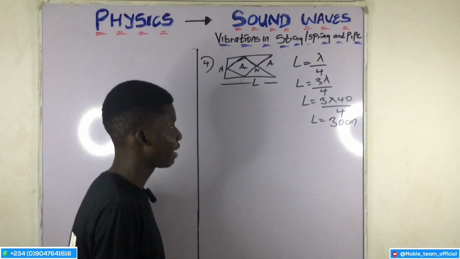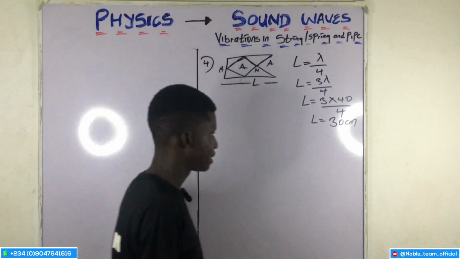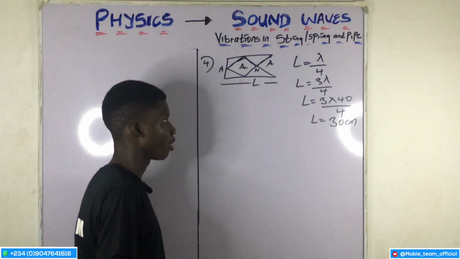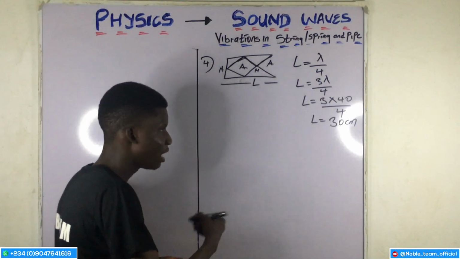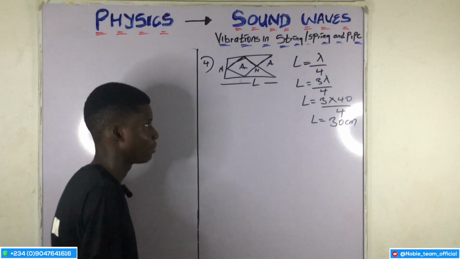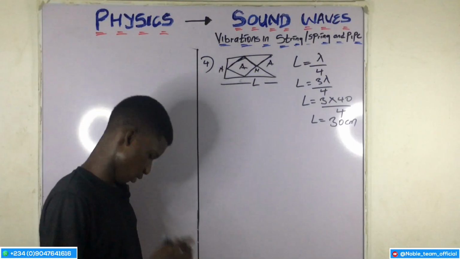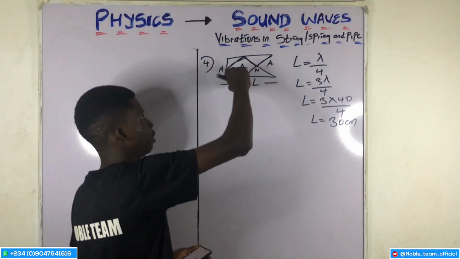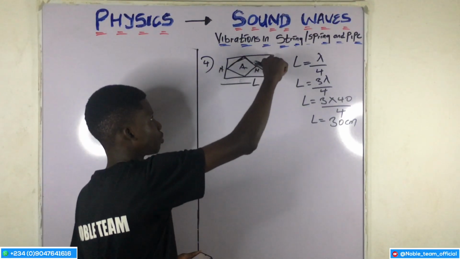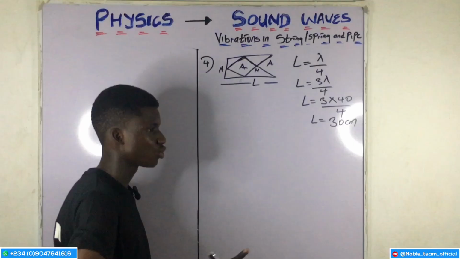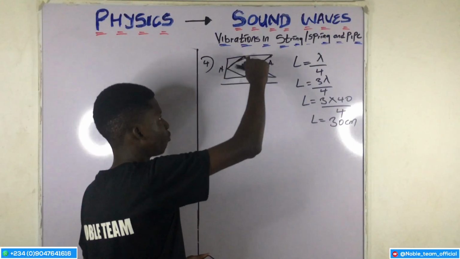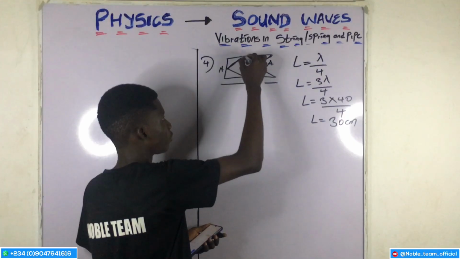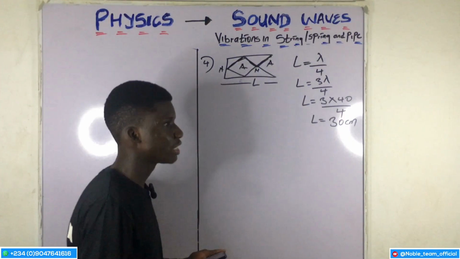Okay, so now let's move. So we have 30 cm, and this is the final answer. But let me explain one more important thing. When I was explaining open pipe and closed pipe, I made a mistake somewhere. The mistake was, I said that this number of loops, I call it overtone. It's not overtone. This number of loops, 1, 2, 3, we can also say